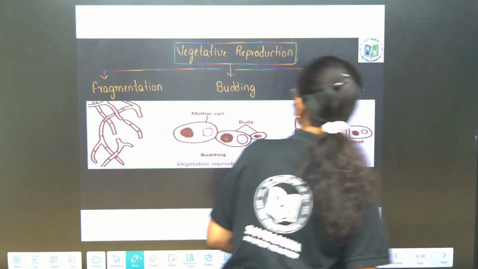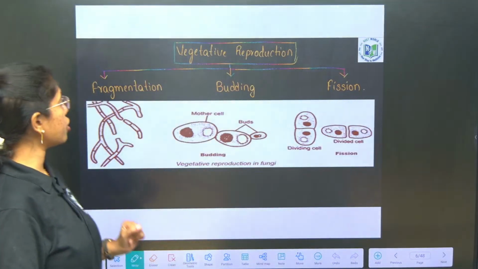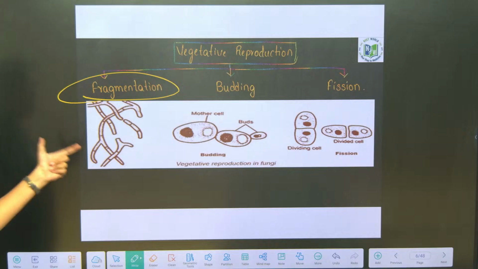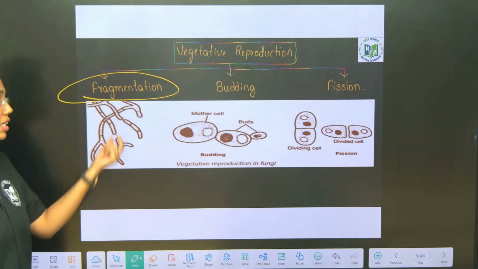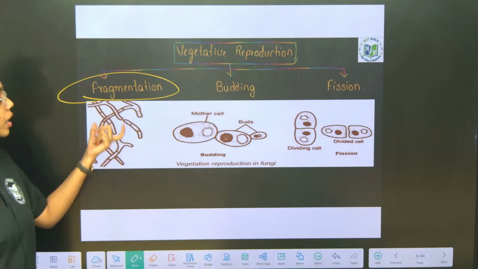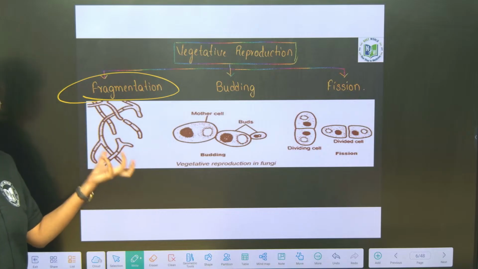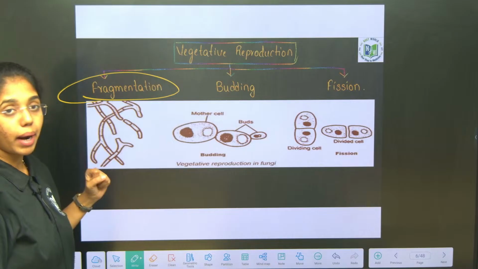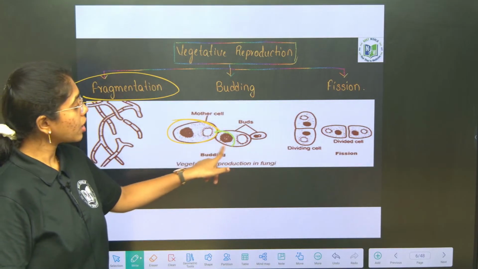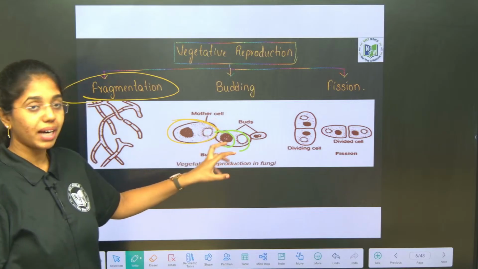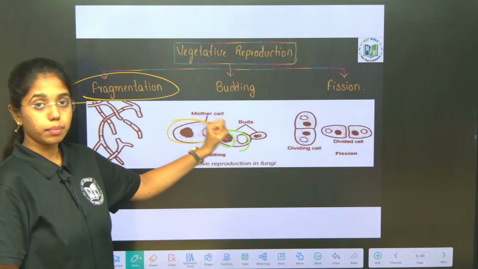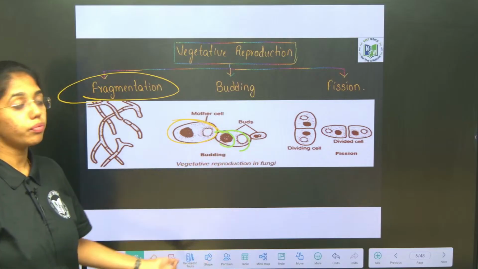Next. So, this is the vegetative mode of reproduction. Of course, much explanation is not required for fragmentation, where the parental hyphae is fragmented into small hyphal fragments, and they will grow into a new hyphal network forming a mycelium. Next, budding: the parental cell above which the daughter cells arise as buds, and when these buds detach from the parental hyphae or parental mycelium, they develop into a new fungal body.